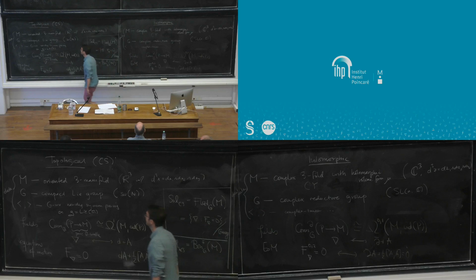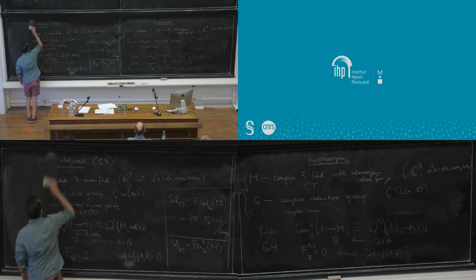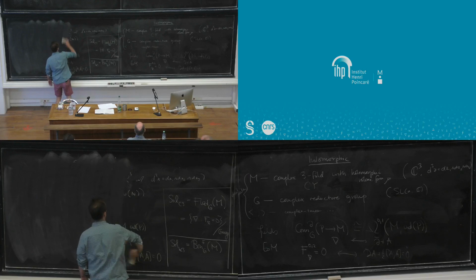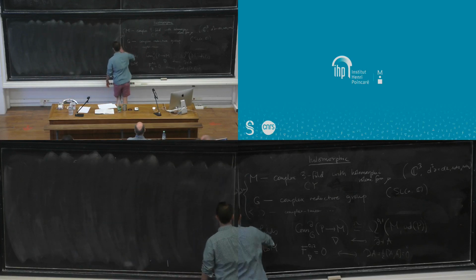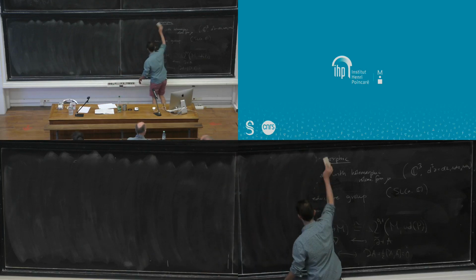A question to ask is, how do I find interesting holomorphic field theories to study? What are fruitful ones to study? Just like Chern-Simons has been so fruitful as a TFT. So there's a little bit of an art to this, but physicists have, over the last couple decades, gifted